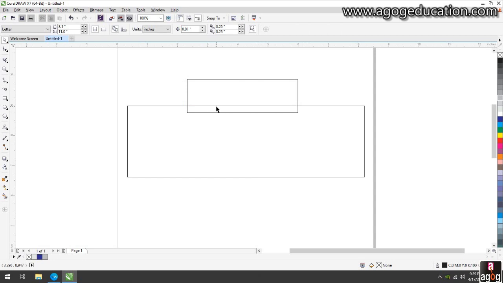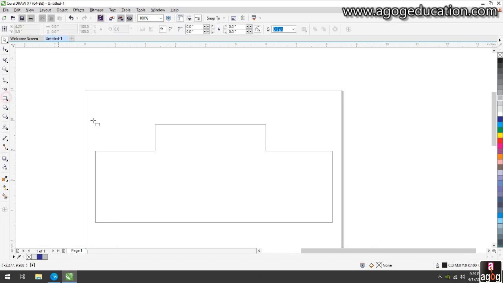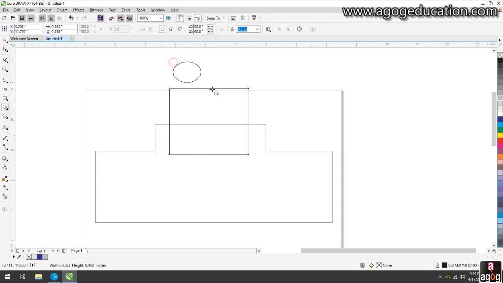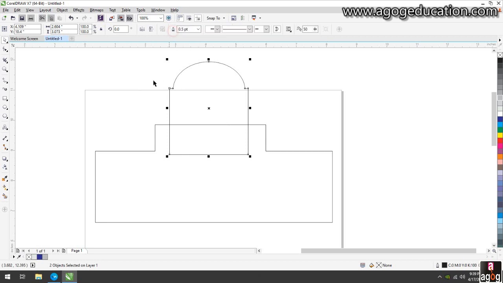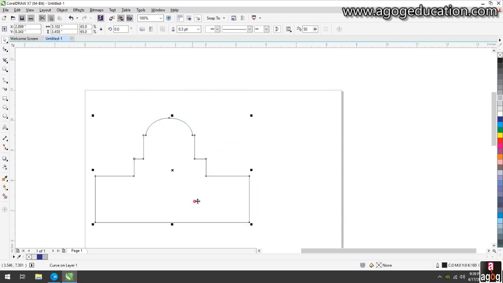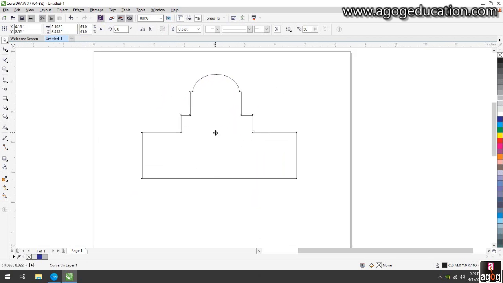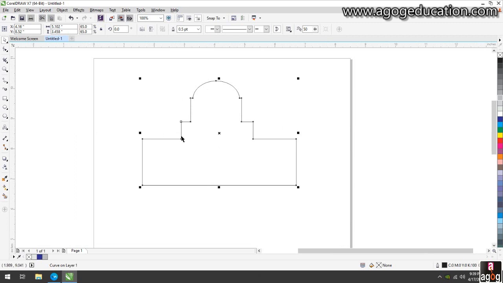Okay, now I select these two rectangles and weld them. Now I took another rectangle and an ellipse on the top. Select and weld. Now again select and weld. You can see you have a castle structure shape.